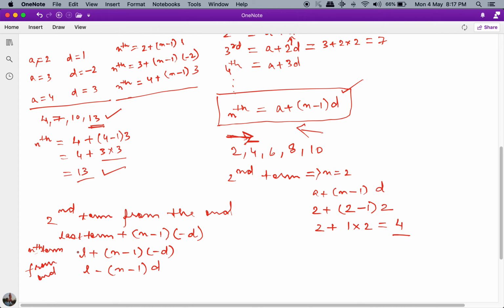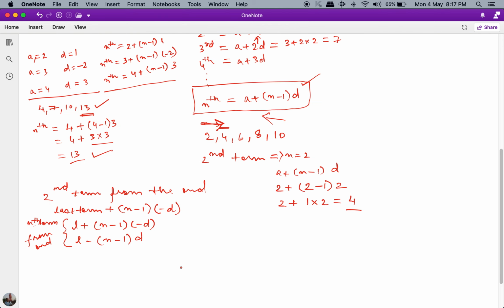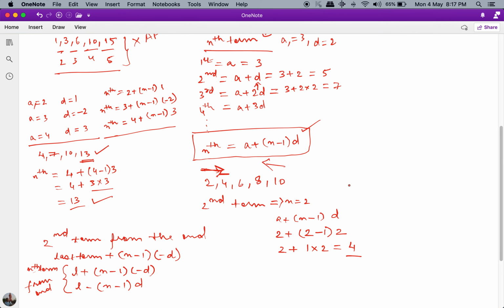Now remember, this chapter involves a lot of common sense. So almost every question that you solve, you can just verify by using your common sense as to whether the answer you're receiving is right or wrong. Do revise these concepts really well. We are going to build upon these in the coming videos.